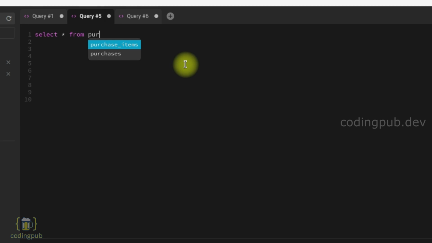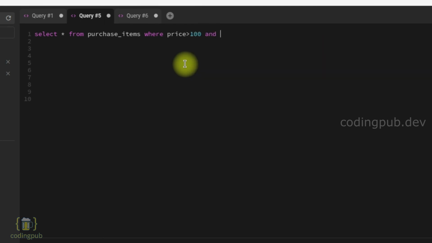As you can see, when I start typing the table name, we will be able to see the autocomplete option. So that will also be helpful when we are dealing with tables. You can just select the table name from the autocomplete list, where price greater than 100 and price less than 300.